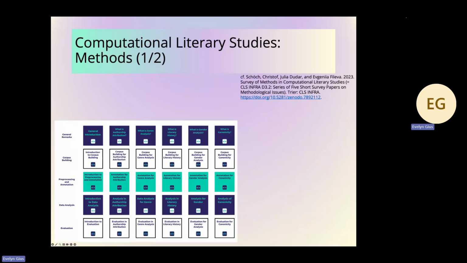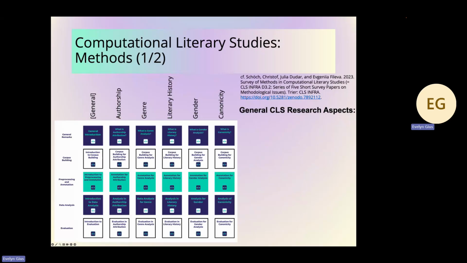This is an overview. A group of people who are part of the big European computational literary studies infrastructure project. I forgot the beginning of the sentence. Anyway, this is an overview they have worked on when they tried to put together an overview of methods used in computational literary studies. And it's basically two things. It's general computational literary studies, so that's CLS, research aspects you can see now on top, which is, well, general things, but also authorship. So who has written texts or which texts are similar due to things.